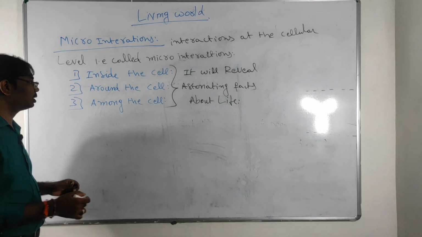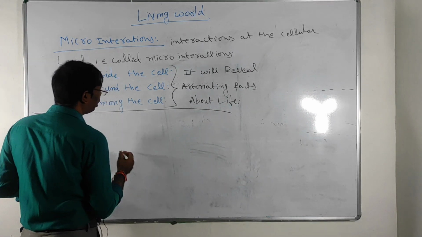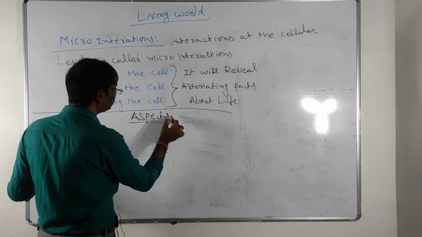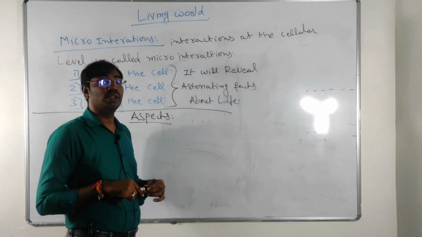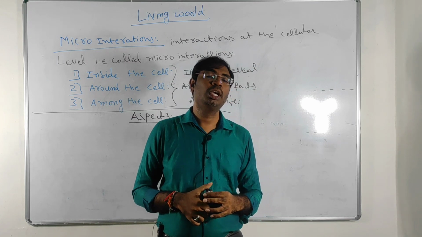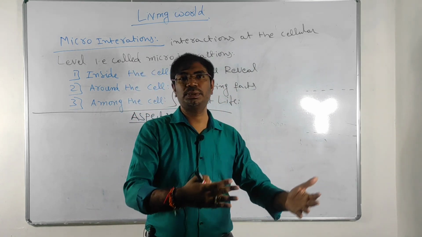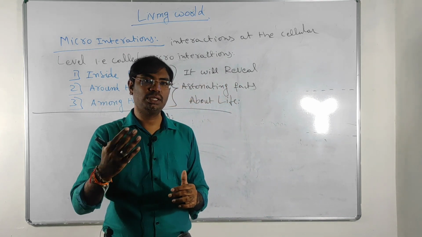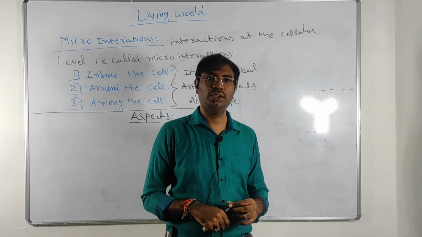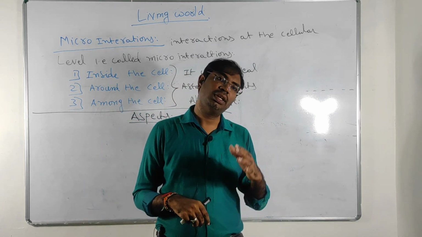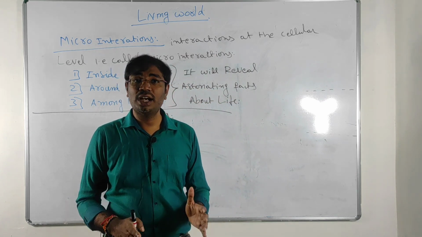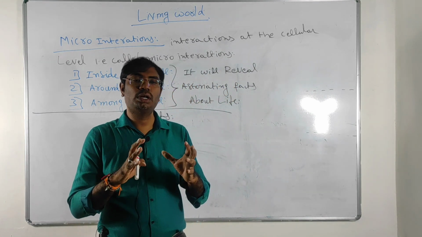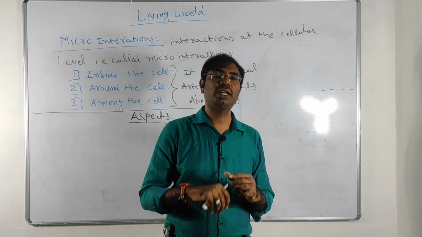Okay, so then we will discuss aspects of the life. There are many aspects about the life. What is the meaning of aspect? Suppose if I ask what is life, you may give one type of definition. If I ask your friend, they have a different aspect. If I ask a science student, they will give some type of aspect or definition about the meaning of life. If I ask a history student, they will give one type of definition. If I ask a psychology student or psychology professor, they will give one type of aspect or explanation about the life.